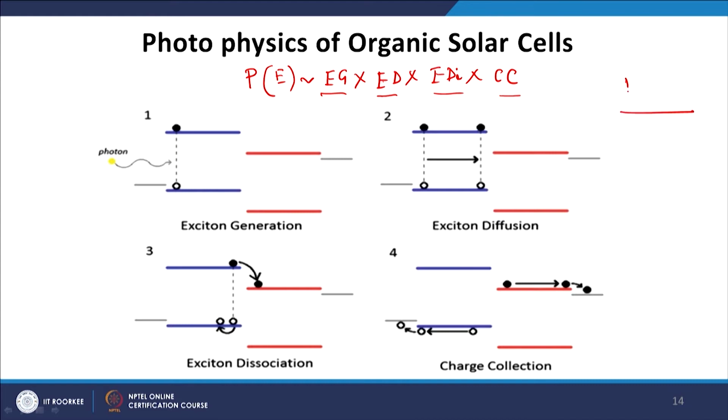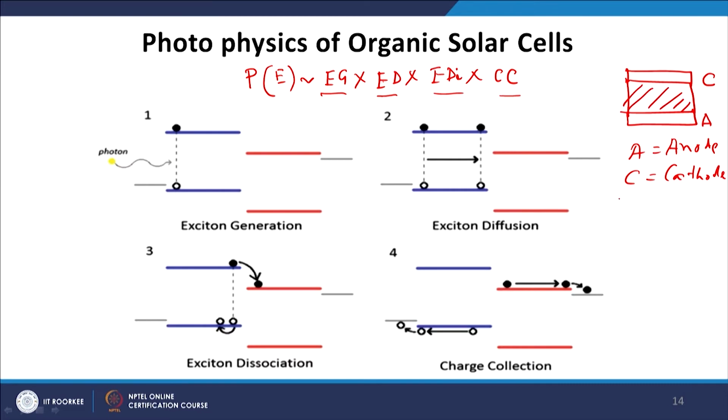So, let us say this is my bulk heterojunction solar cell, these are the 2 electrodes, A stands for anode and C stands for cathode, right, and here is my active material, this is the active layer, and this active layer we made by a donor polymer and an acceptor material by blending them and by spin coating them or by doctor blading them to make uniform thin films, so that we can create a lot of nano interface in the active material. So, the first process in this case is the exciton generation.